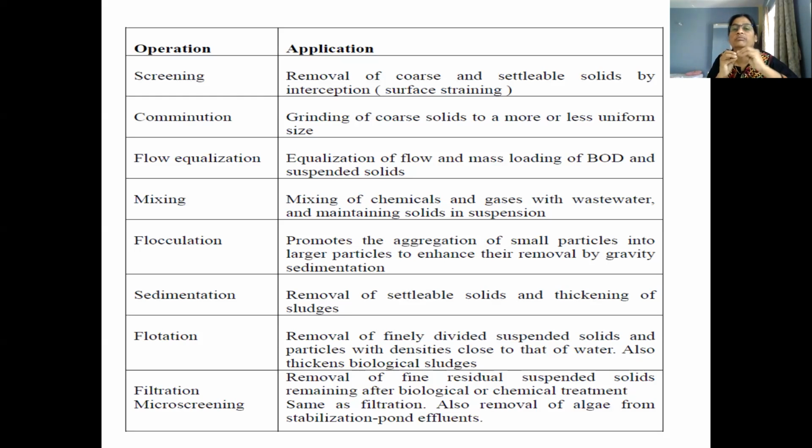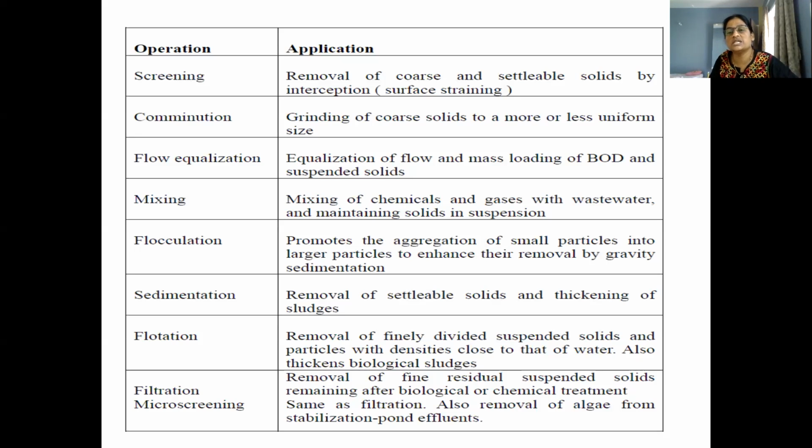Why are they coming together? Because of the addition of coagulant, the particles which have charge, and because of the charge are moving here and there in the wastewater, get neutralized. And because they are neutralized, they start coming together, and that process is known as the agglomeration process. For that agglomeration process, we need to add the coagulants or chemicals, and that process is known as chemical precipitation. And that is performed in the mixing stage.